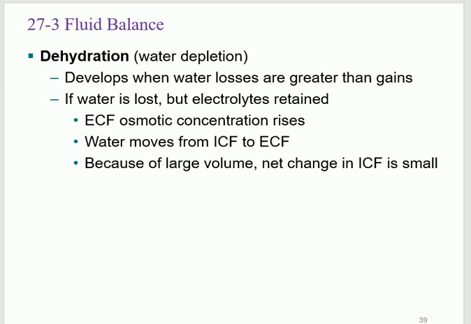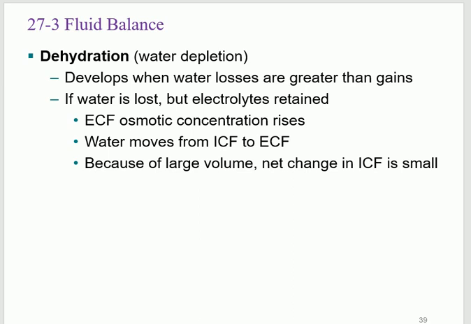Is that clear? What should we do now? This higher osmotic pressure stimulates the release of ADH. We reabsorb water and dilute it back, right? But this is temporary until you drink. But here is the question. If you are dehydrated, and follow with me, it's all understanding. If you are dehydrated, do you think the water moves from the cells out to the extracellular, to the blood, or it moves into the cells?